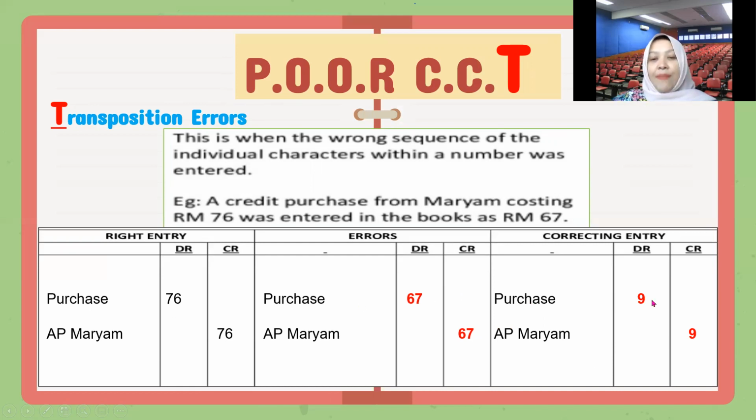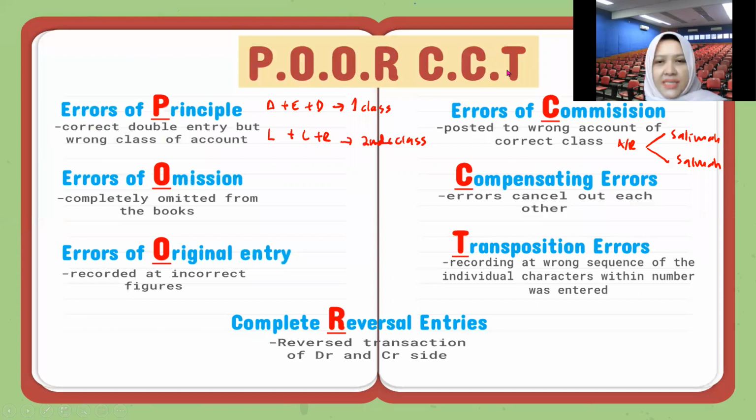So you just add more, 9 ringgit, to purchase. And for Mariam also, you have to add 9 ringgit. So it will become 76 in your transaction. Okay, so remember, we have 7 errors. Okay, the acronym is